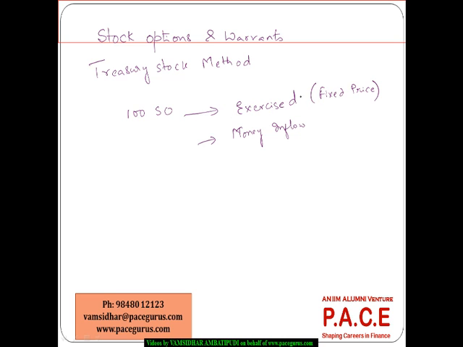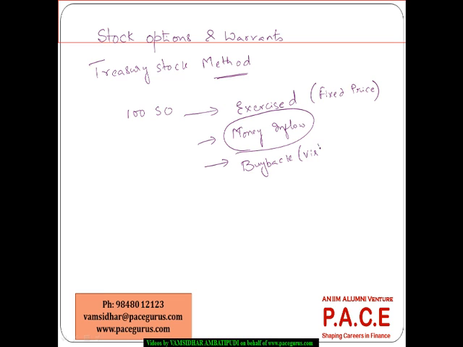The employee is able to purchase the share of the company, so there is a money inflow. Now what is expected in the treasury stock method is that the company will use this fund that has come because of the exercise of the stock options to buy back